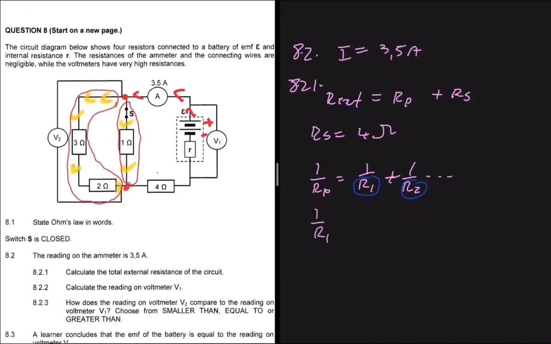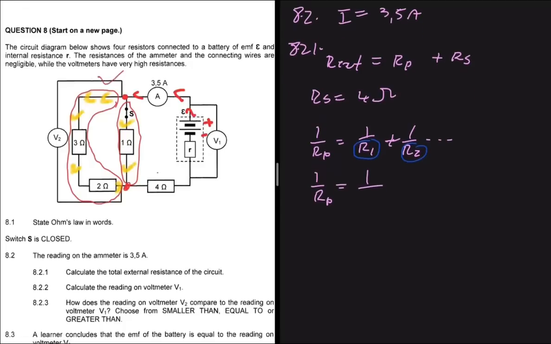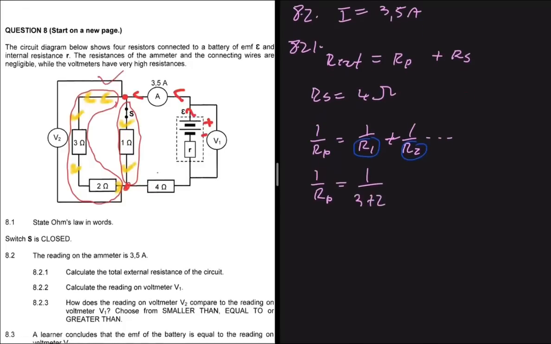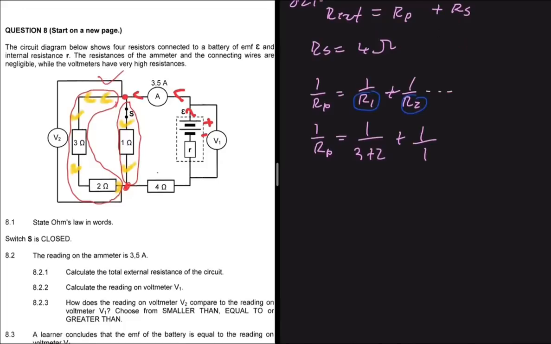So 1 divided by RP is going to be equal to 1 divided by, so let's use this path here, right? So that will be 3 plus 2, the total resistance on one path, plus 1 divided by R2, the total resistance on the other path. What is the resistance on the other path? We only have 1, right? So now from here, we can just go ahead and say RP is equal to 1 divided by 3 plus 2 plus 1 divided by 1, all to the power of minus 1, right? You don't have to think very hard when you get to that step. You can just do it like I'm doing it here, right? So RP will be equal to